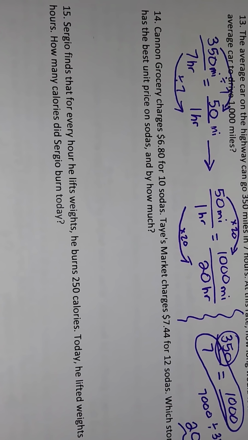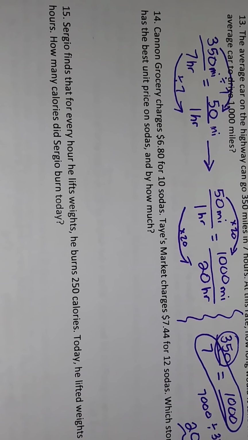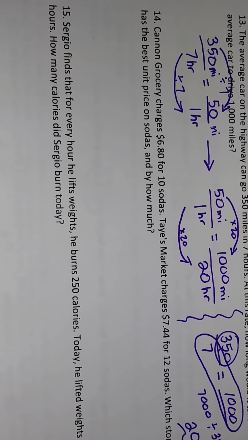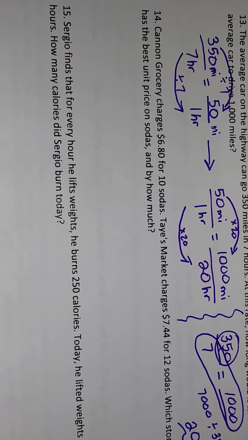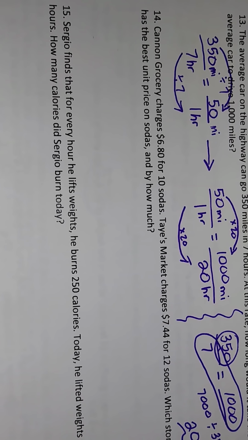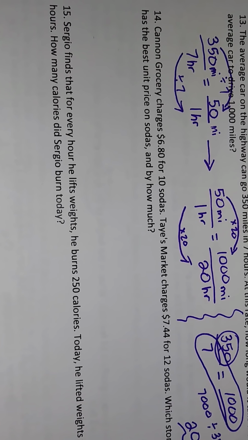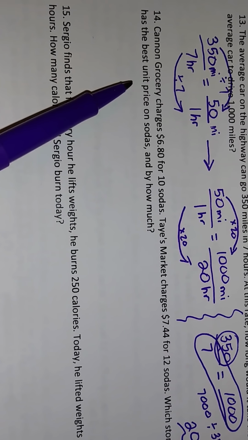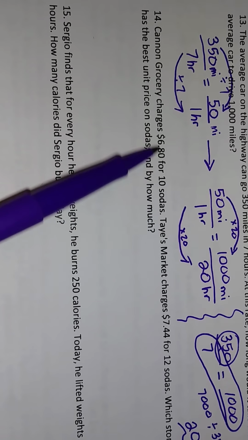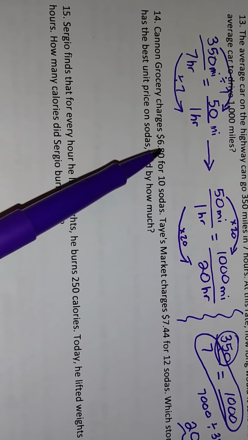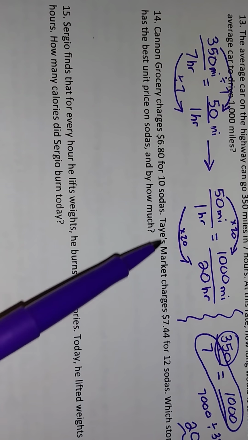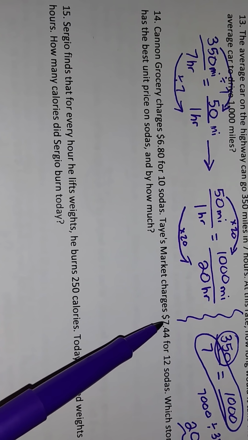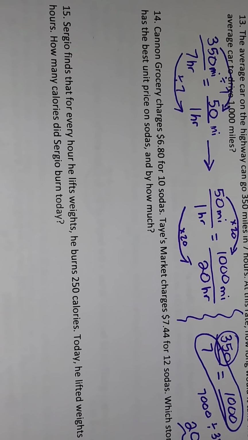Number 14. Cannon Grocery charges $6.80 for 10 sodas. Tay's Market charges $7.44 for 12 sodas. Which store has the best unit price on soda and by how much? So I see the price for the cans for each store. They're asking for the unit price. That means if I know the price for 10 cans of soda at Cannon Grocery, I need to find the price of 1 can. And if I know the price for 12 cans of soda at Tay's Market, I need to find the price for just 1 of those cans. And then see